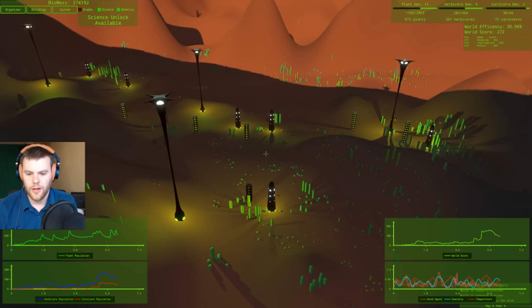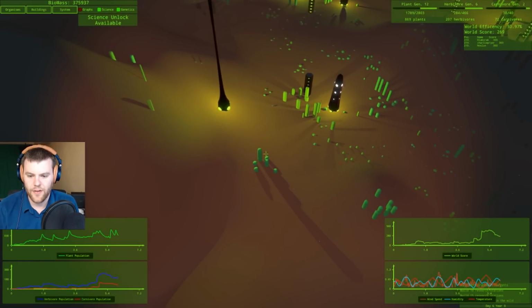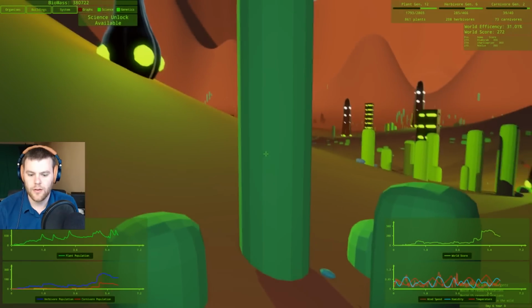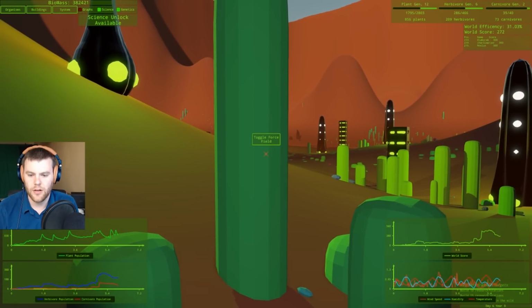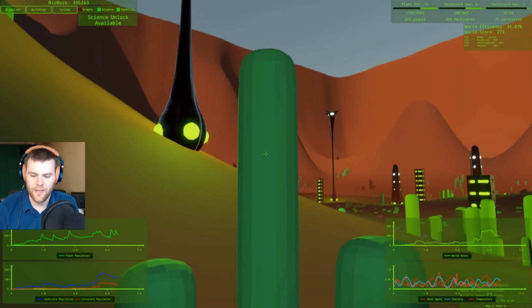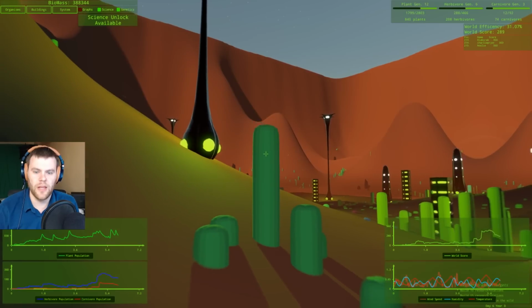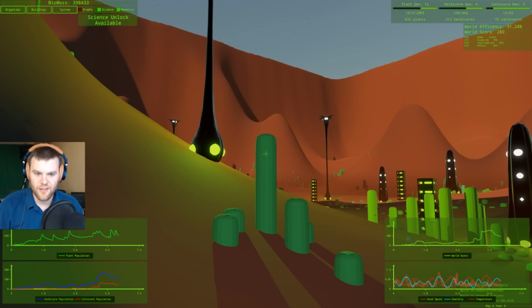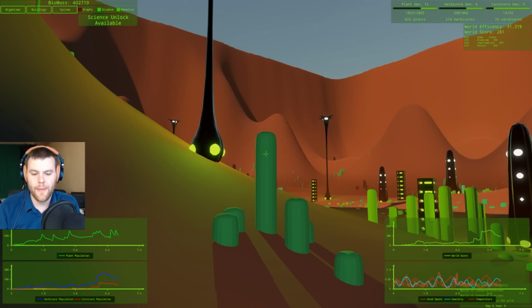Cool. It'd be nice if I could come down to a plant like this and see information about this exact plant right here. Like if I go right to this plant and say, show me info on you, and it would show me the different genes and traits that are in there, how long it's been there, its current growth rate, maybe the growth rate of the stuff around it, so I can tell how competitive things are. I wish I could tell all that information,